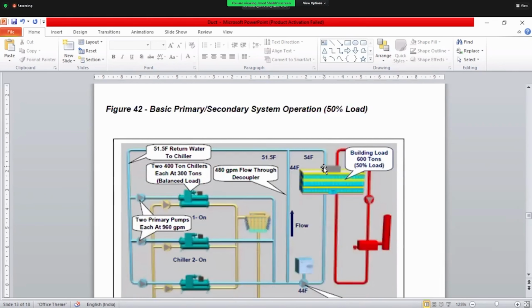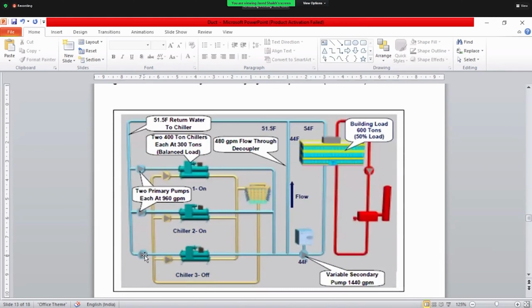In case of a secondary, what happens? In case of a secondary, the primary pumps work through the chillers and move water to the secondary side, which means a primary circuit here, and the secondary pump has a secondary circuit, so it pumps the water to the space, and it completes one circuit, and the primary pump has one circuit. So here is one circuit, here is one circuit, so there are two circuits here.